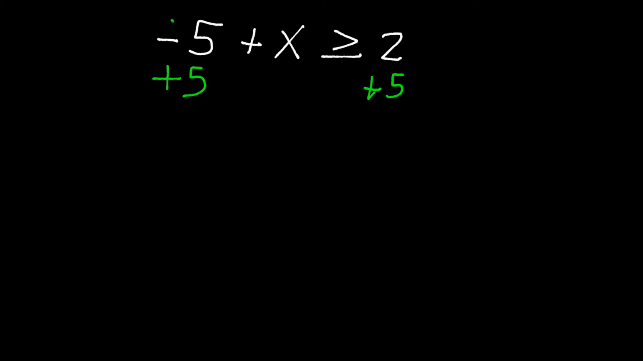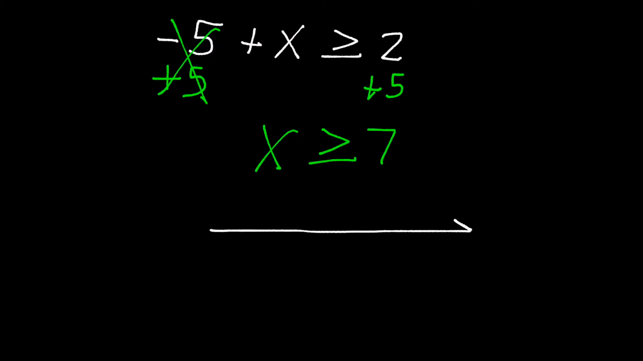Negative 5 plus 5 gives me 0, and I'm left with x. My x is isolated, and x is going to be greater than or equal to 2 plus 5, which is 7. Now if we want to graph this inequality, we draw our number line,